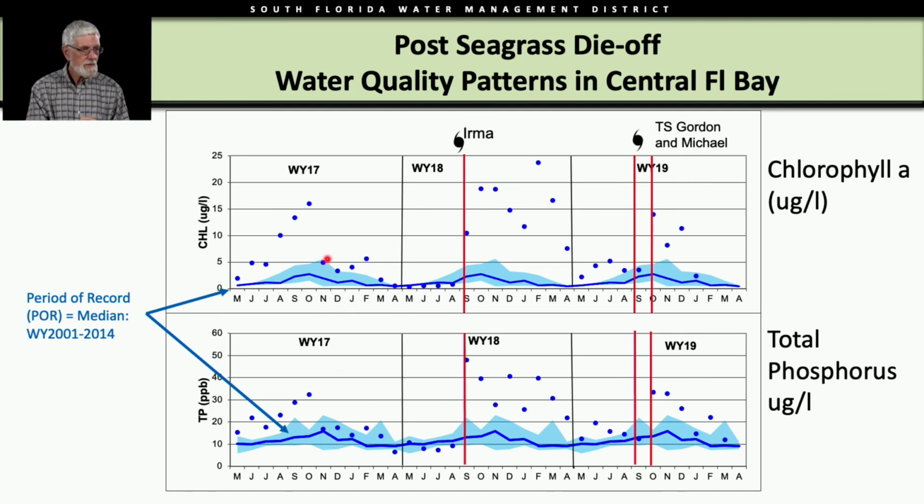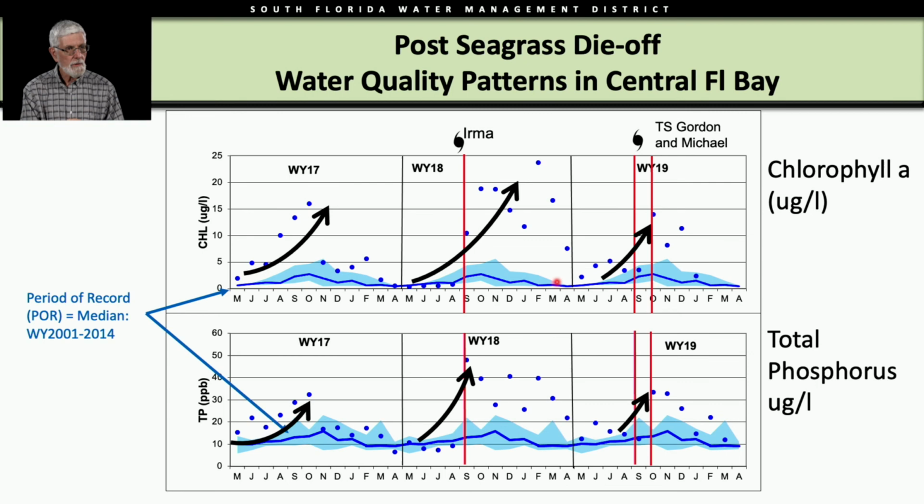But then in water year 17, it looks like in about October, we see a dramatic decline in chlorophyll associated with a decline in the phosphorus concentrations. We see chlorophyll extremely low. We see phosphorus concentrations at the lower extent of the phosphorus. But once Irma comes along, we see a resurgence of chlorophyll. We see a resurgence of the total phosphorus concentrations. And let me just put in some accent arrows here to bring the point home that